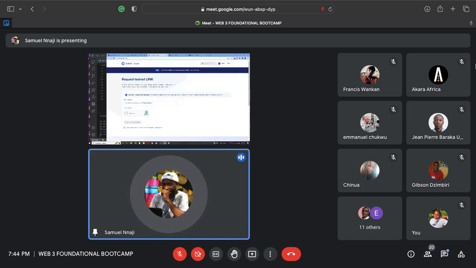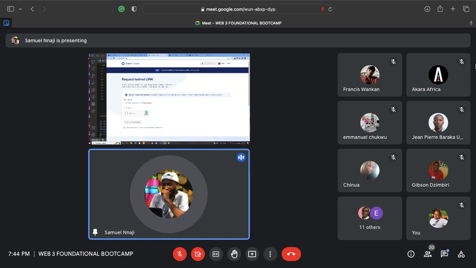We're going to be using Goerli Ethereum for the testnet, and you have to connect your account, your MetaMask account. If you connect your MetaMask account,